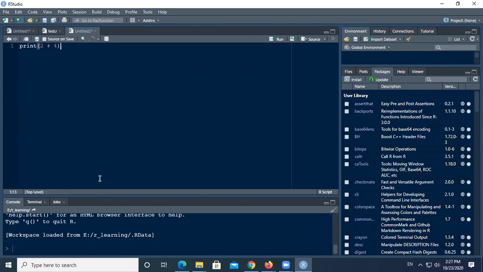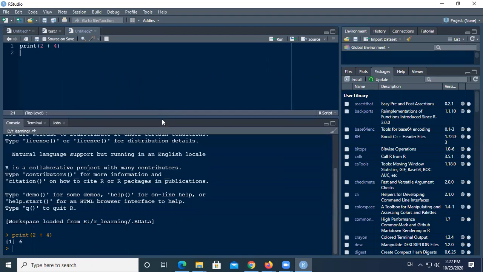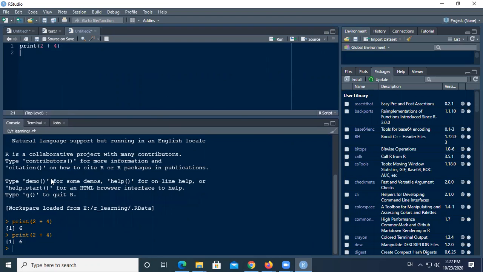Now if you want to run a code block, let's say you want to run this particular line only, you have to place your cursor at the end of the line and click on this Run, and it will execute and display the output on the console, which is the window below. This one is the console. The output of your program or code will be displayed here. Another keyboard shortcut for this is Control and Enter. Press the Control key and hit Enter. It will execute this and move the cursor to the next line.